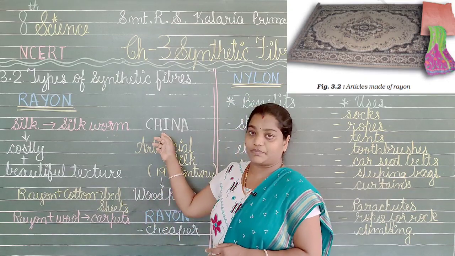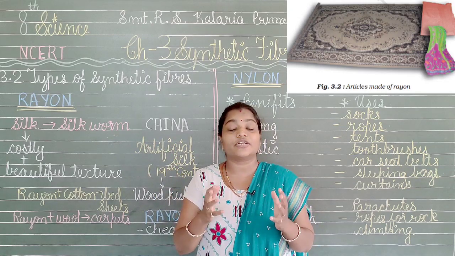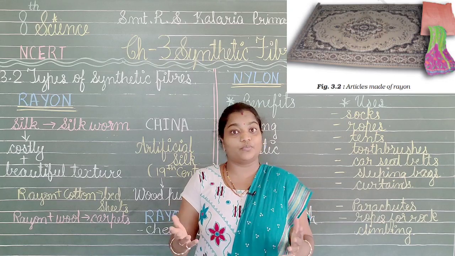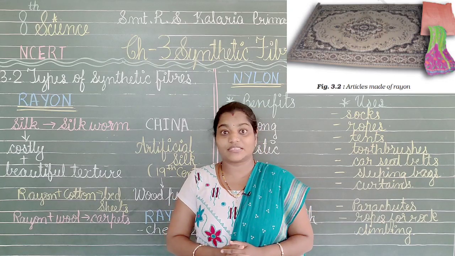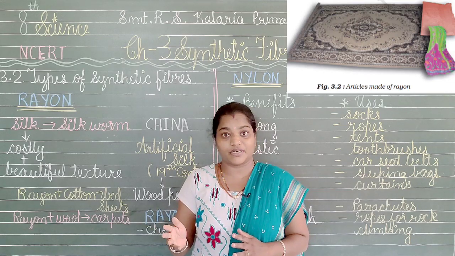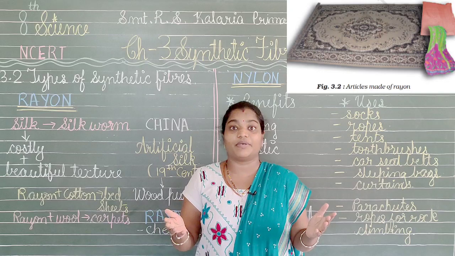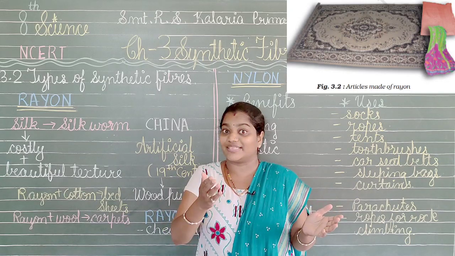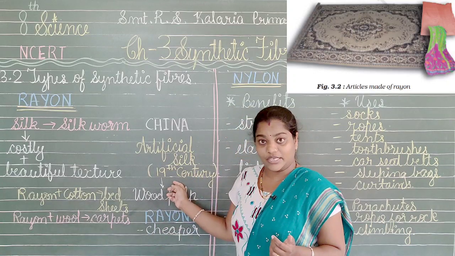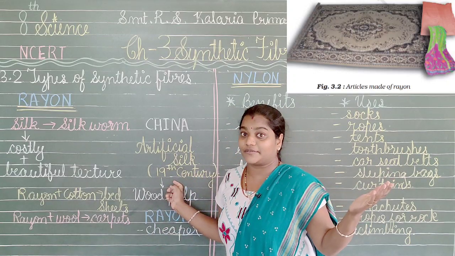So the Chinese people in China kept it guarded in a secret place. They didn't want to reveal the secret to the world. But later on, scientists tried a lot to find some other way, that means to make or construct artificial silk in the labs. So they succeeded in that. At the end of the 19th century, we were able to make artificial silk in the laboratory.